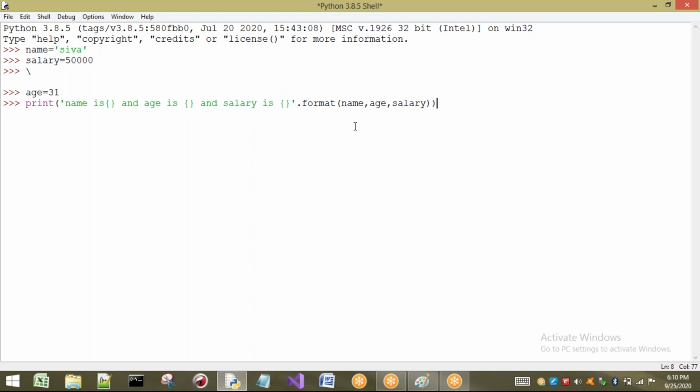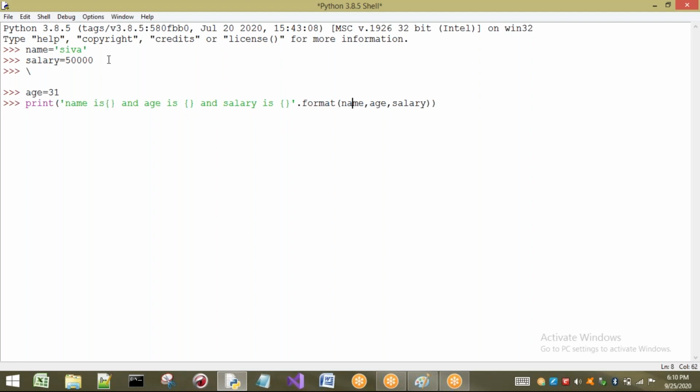Now if I print this, we are going to get name is, and age is, and salary is, with the values in brackets. How is it going to get them? The reason is that I apply the format method on this string, and I am passing what has to be inserted into the replacement operators. That means these operators are going to be replaced by other values.